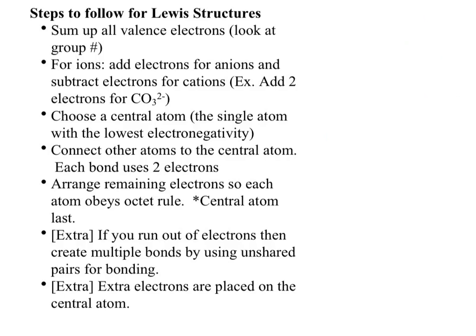Alright, our next example is going to be ammonia, or NH3. And for NH3, we'll count up all the valence electrons. Nitrogen is in group 5. Hydrogen's in group 1, but there are 3 of those, and so that'll give us, again, a total of 8 valence electrons. We'll put nitrogen in the center,